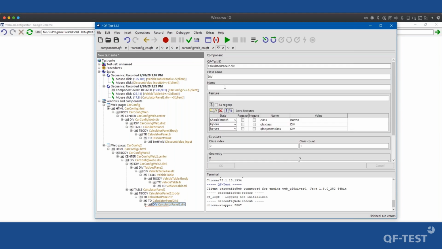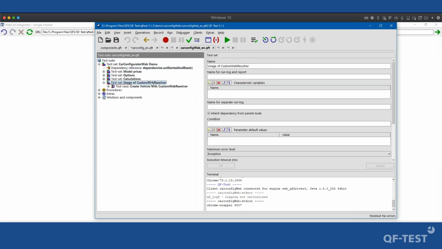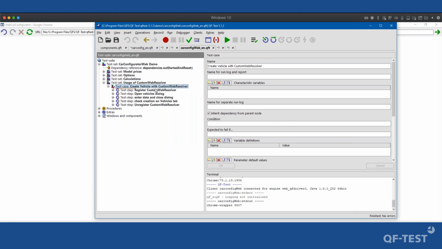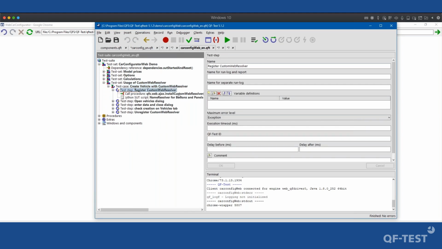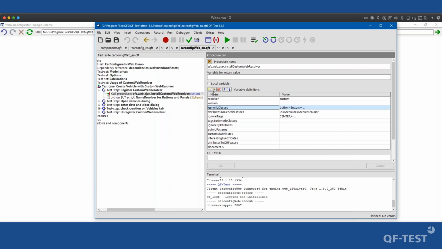And you don't need to implement each and every resolver for those components here. There's some predefined, or let's say some helper procedure in QFTest. It's called a custom web resolver, which some of you may know already. It's basically just a procedure out of our QFS.QFT standard library. And inside here, you don't need to implement your own resolvers. You can simply call this procedure, and just by mapping components via parameters, you can define the